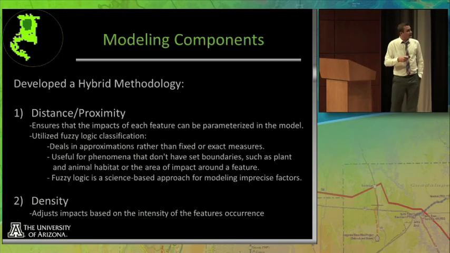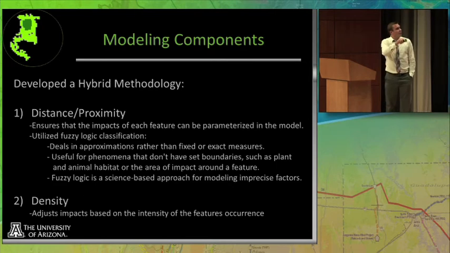So in doing this, there's really two primary components to each of those factors that we were looking at. One is a measure of impact related to the distance or proximity from, say, a road centerline or a pipeline, right? And in this particular case, we utilize fuzzy logic classification to help parameterize the impact to diminish with distance. And I'll talk about in the next slide why that's a really neat advancement. And I think we all ought to be utilizing these fuzzy logic classes in lots of the modeling we're doing, because it's not as discrete as we would